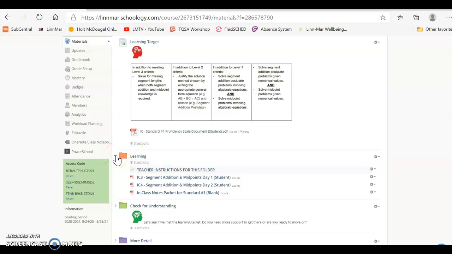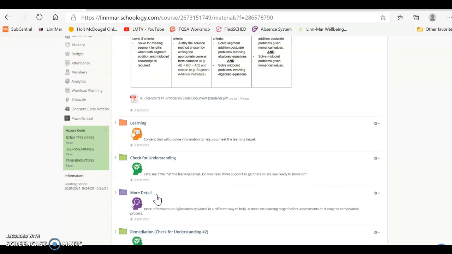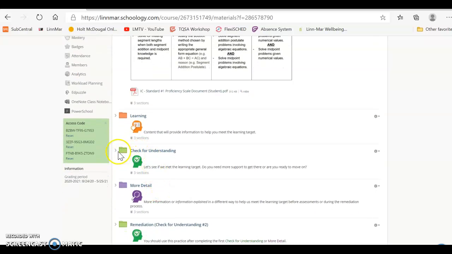Okay, so I just clicked the drop down menu. If you click in the actual learning folder, it'll take you to those documents as well. Underneath the check for understanding, these are going to be our classwork and our homework and our activities. There's not going to be as many activities this year, unfortunately, because of the COVID-19 and the ability to work